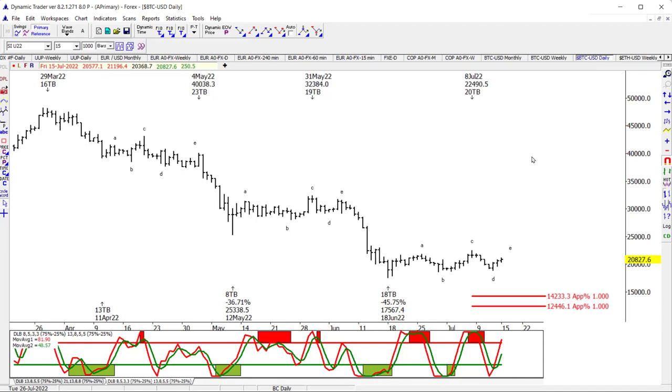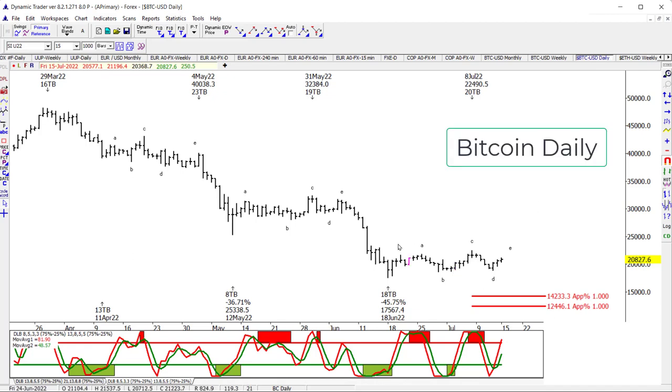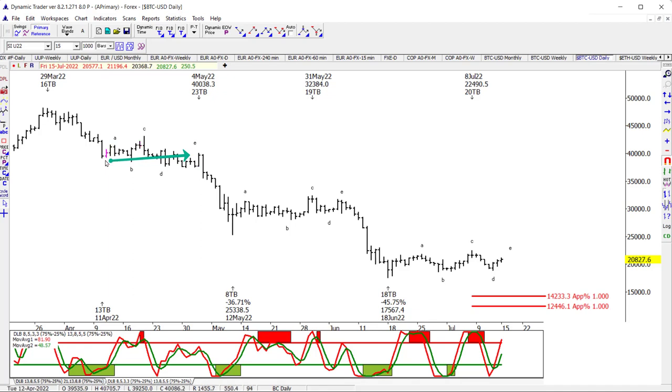This is Bitcoin daily data, and again, look at these declines, and then essentially sideways. This is slightly down over this period of time, and this is not necessarily Elliott wave, but it's a 5-section A, B, C, D, E, and then acceleration down for a 36% decline in about 2 weeks. Again, 19 trading days over to this high, a little bit lower high, a little bit later, turned around, and then again, another dump, down